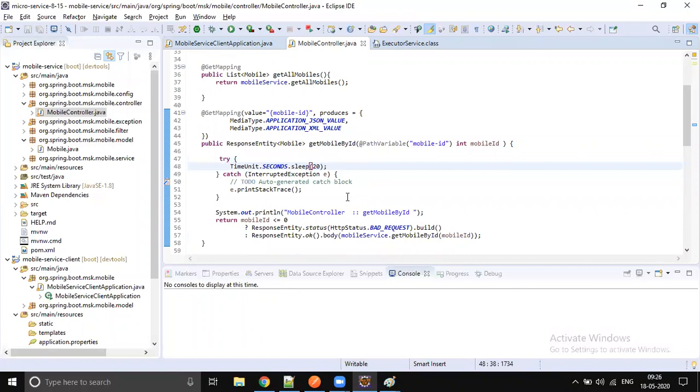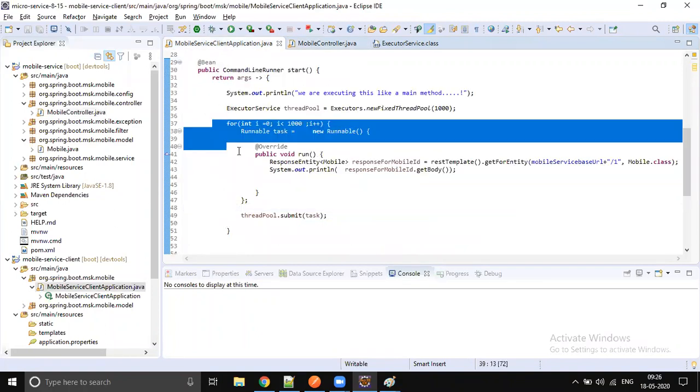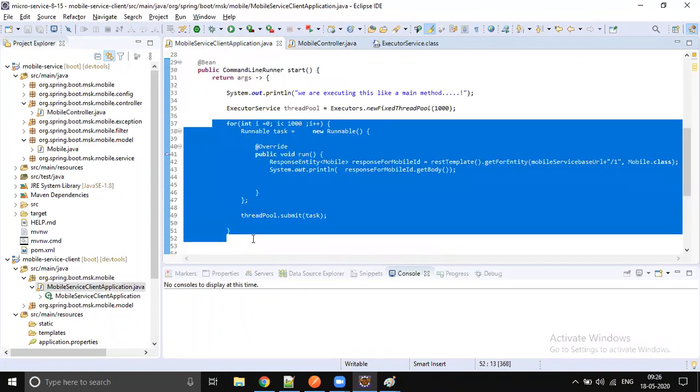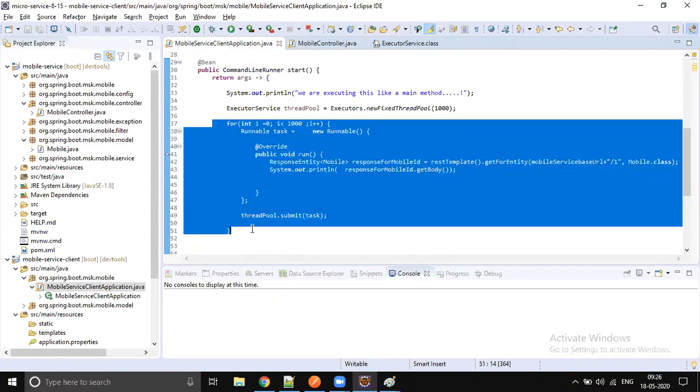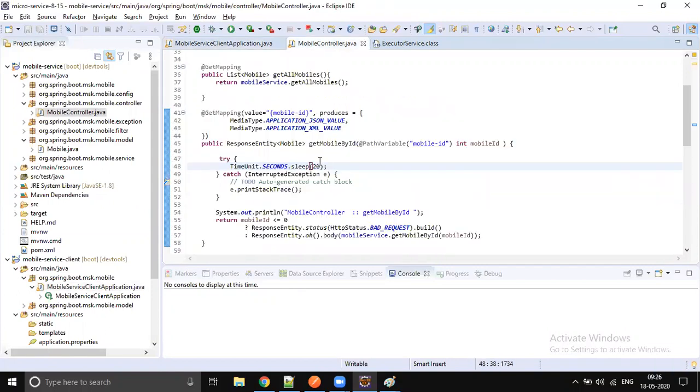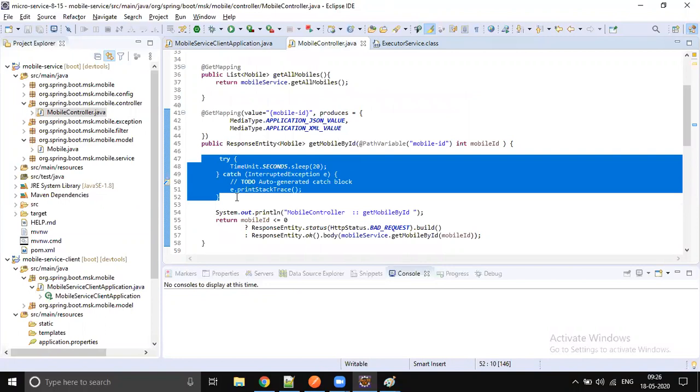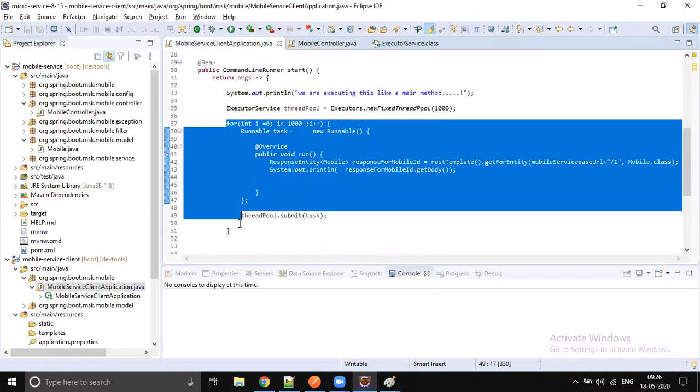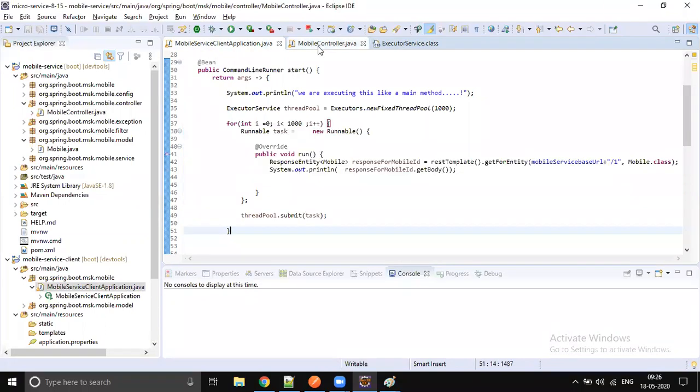Each task will get a delayed response of 20 seconds. So even though we are submitting 1000 requests, each request will take more than 20 seconds. We are implementing multi-threading to submit the tasks, not to process them. These are two different applications.